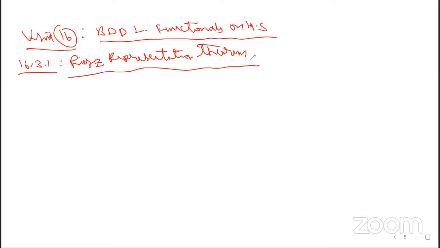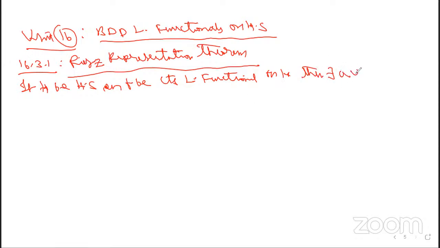Riesz representation theorem. Statement: if capital H be a Hilbert space, and f be a continuous linear functional on H, then there exists a unique vector small y belonging to capital H